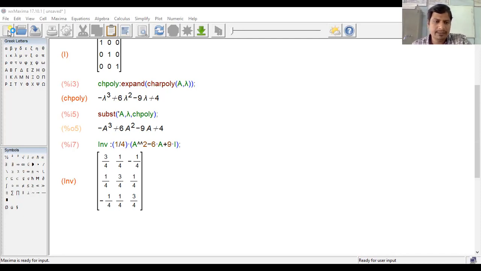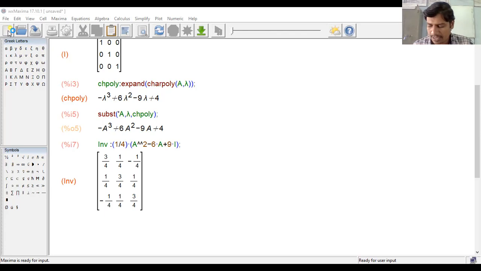I come to the second line. Inverse of 1 divided by 108, then into means star. Then open bracket. What is the A square? A square means you take A double cap of 2. That is A square. Then minus